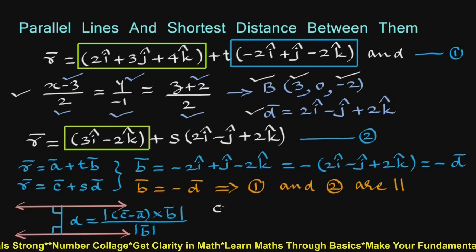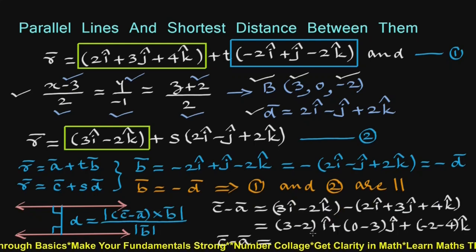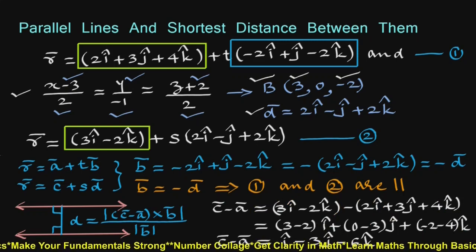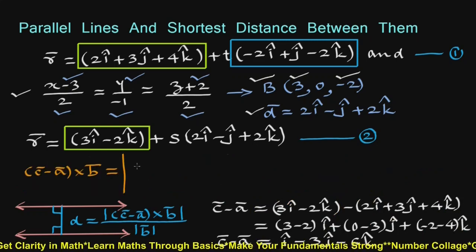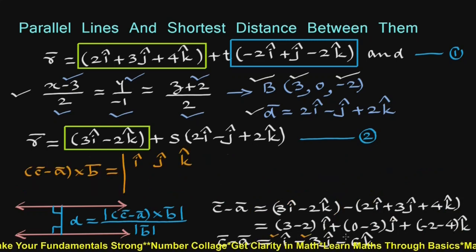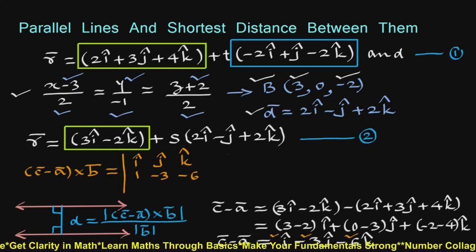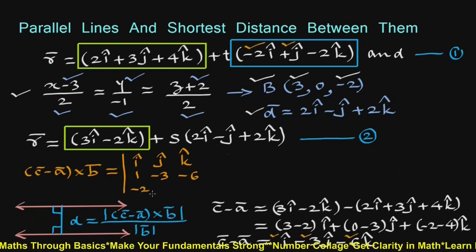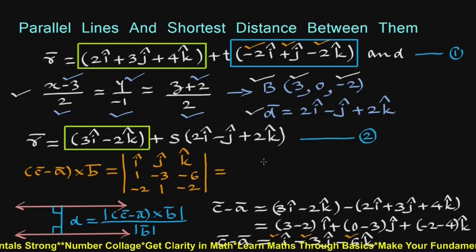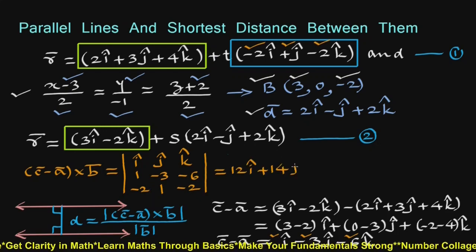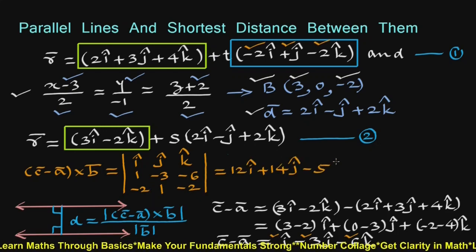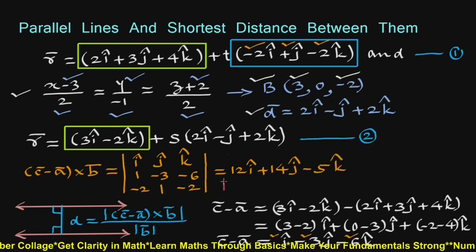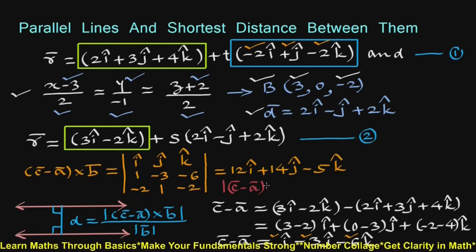Now c bar minus a bar cross b bar will be the determinant of 1, -3, -6 and -2, 1, -2, which will be 12i cap plus 14j cap minus 5k cap, and mod of c bar minus a bar cross b bar